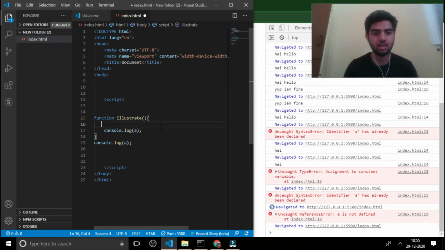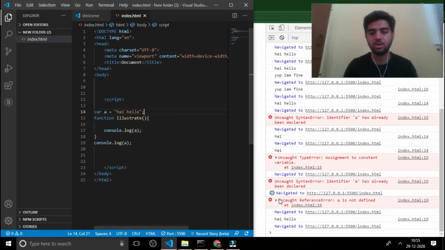I'll cut and paste here and declare it globally. You can see that hi hello has been printed in the console. That means if you declare a variable locally, you can only use it locally. If you declare it globally, outside the function, you can use it globally. This is how var works.